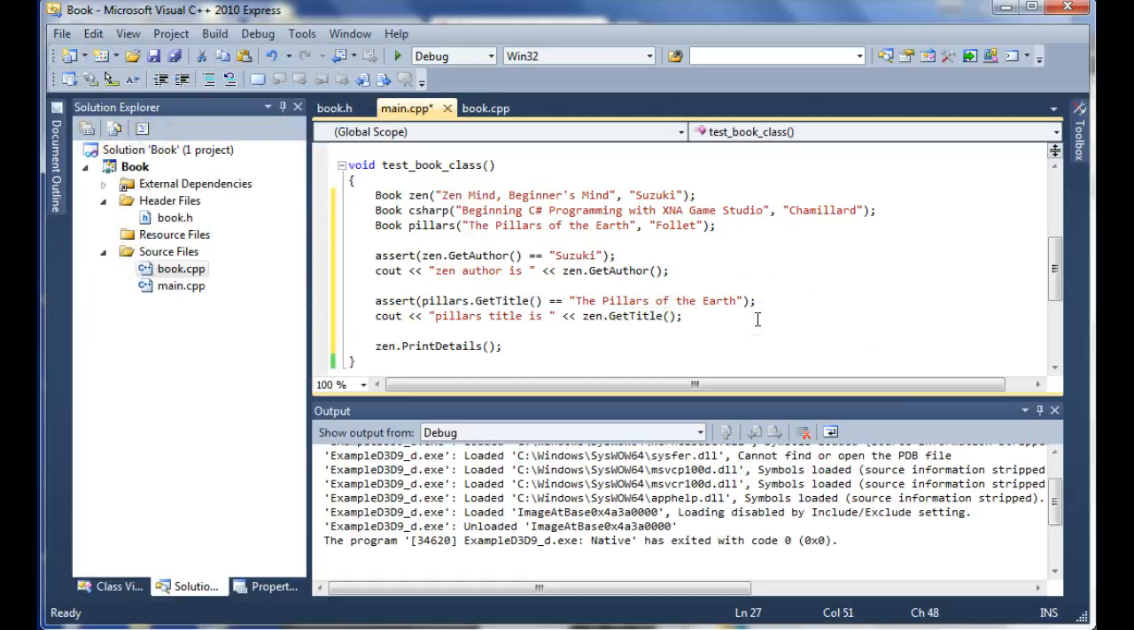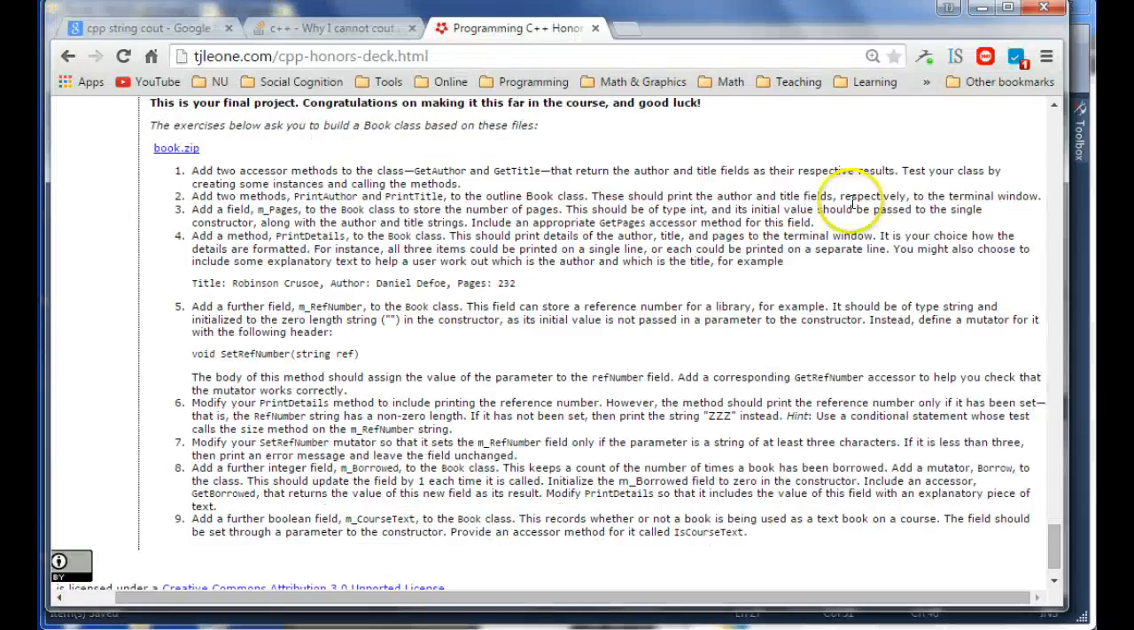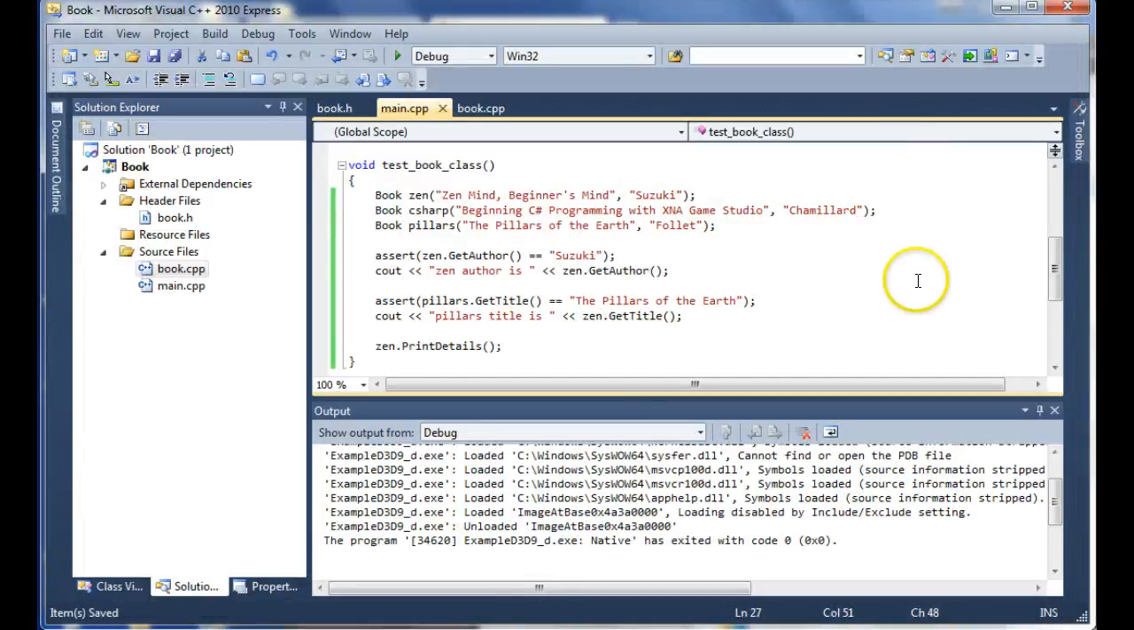All right. So that's what we wanted to test for right now, right? The title and author. And you could stick in a couple other titles and authors, but I'm just going to show you this for now. So now if I run this, F5,